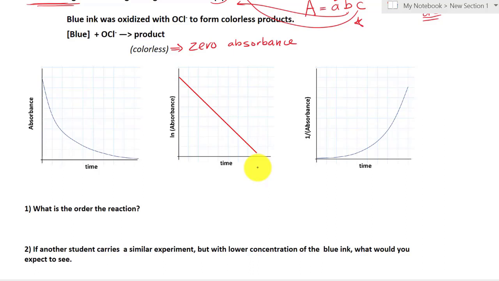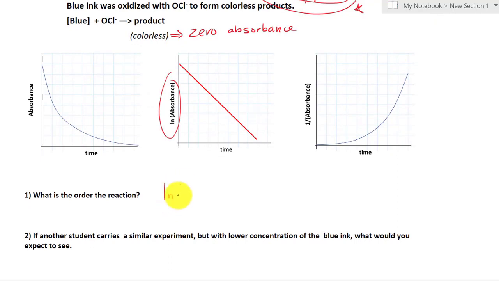That allows us to find what type of order the reaction is going to be. We take the same absorbance, put 1 over the absorbance, and graph it over time, and we got this line right there. So the first question is, what is the order of the reaction? Right away, we're looking for the graph with a straight line, and this is the natural log of absorbance versus time. This gives us a straight line, which means it is going to be first order, because for zero order